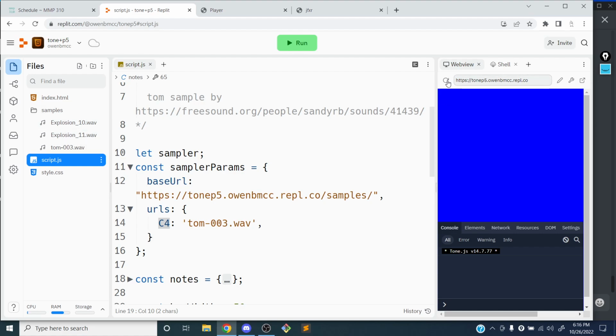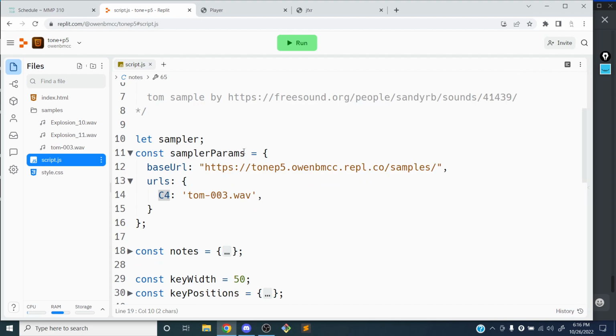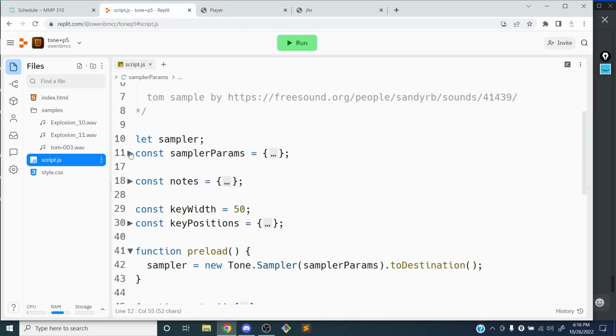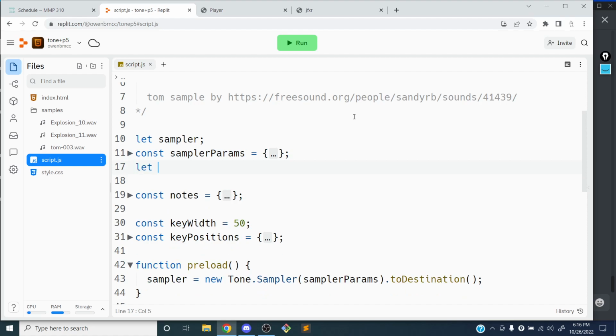And so now let's add this into our project. And so one difference with our player compared to our sampler is that the player doesn't do this base URL thing. It just takes multiple players. So essentially what's happening here, except we're going to add our URL as the parameter here. So let's create that. So after my sampler, I'm going to add a player,